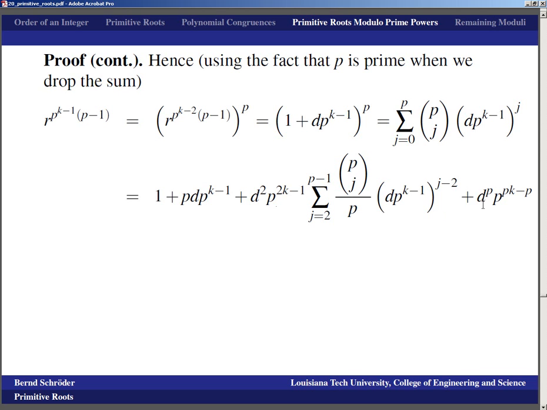And then we have the last term, which is d to the p, p times p to the pk minus p. All right, and that is equivalent to 1 plus d to the p to the k, and that's because we are going modulo p to the k plus 1. So how does that go? Well, p to the 2k minus 1 is a power more than p to the k plus 1, and so that means that